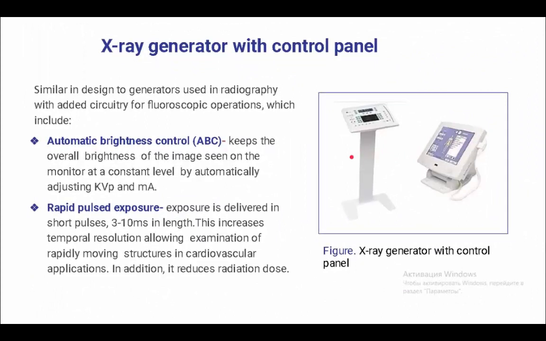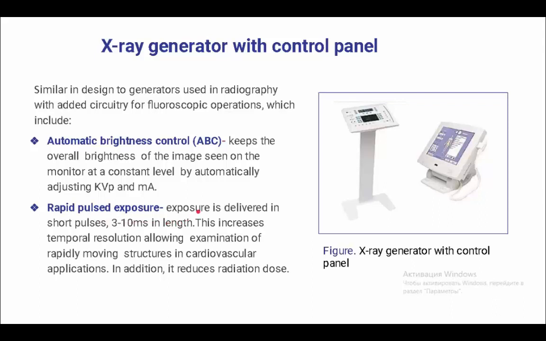The X-ray generators are quite similar to those used in radiography, as discussed in medical imaging lessons. However, there is added circuitry for fluoroscopic operations, and it includes automatic brightness control, which keeps the overall brightness of the image seen on the monitor at a constant level, and this is done by automatically adjusting kVp and current values. Another circuitry is involved for the rapid pulsed exposure,